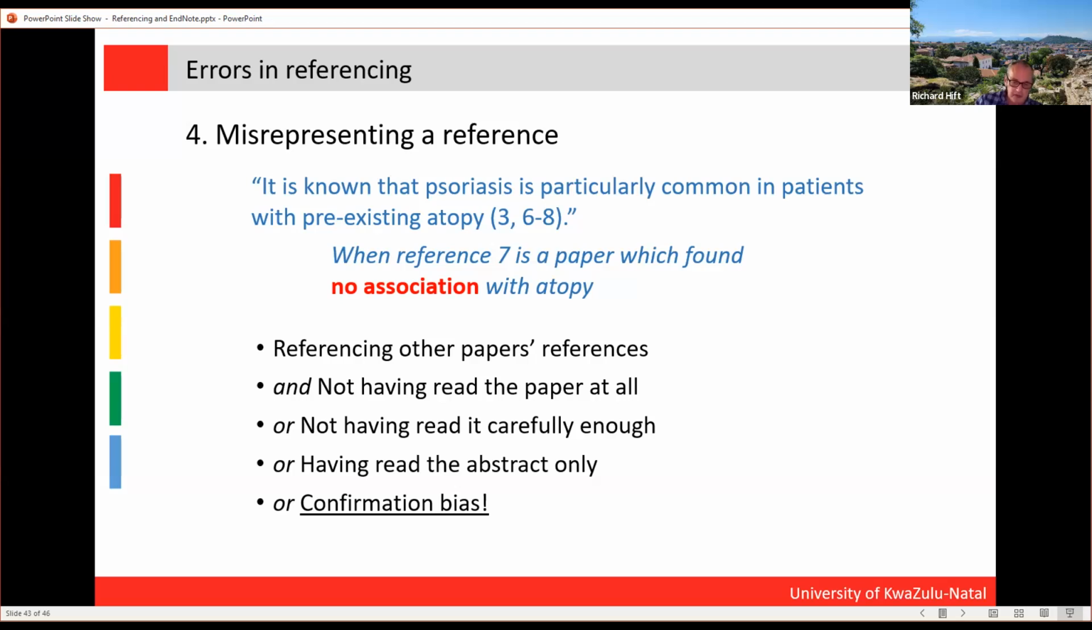In other words, you don't read the reference yourself. You just notice that some other paper used it as a reference, so you just insert it in your paper as a reference as well. But it's the old toy telephone system. Along the way, the meaning has become altered, misrepresented. So it happens when you don't read the paper at all,